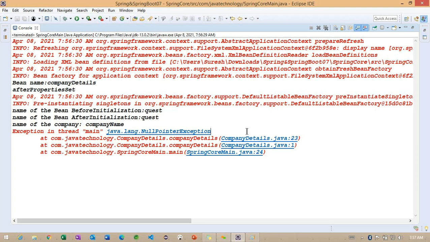So can we see where we are getting this null pointer exception?